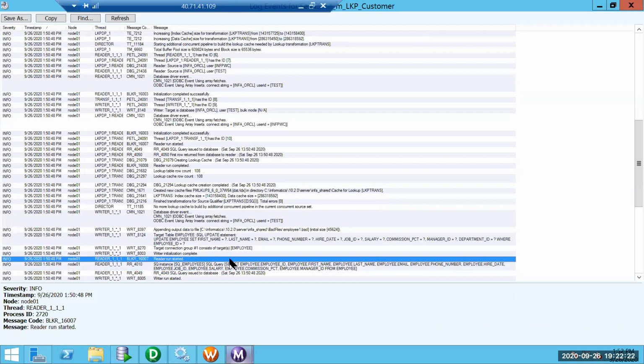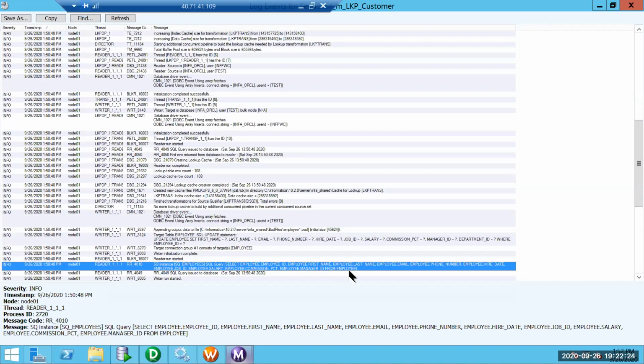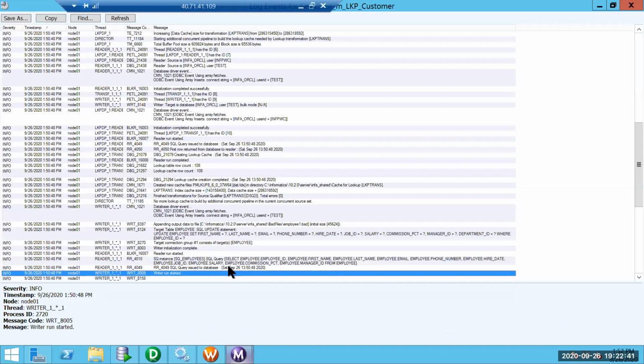And if we see the source qualifier, though its definition is from employees, since we have overridden the name of the table at the session level, it is trying to retrieve the data from employee.